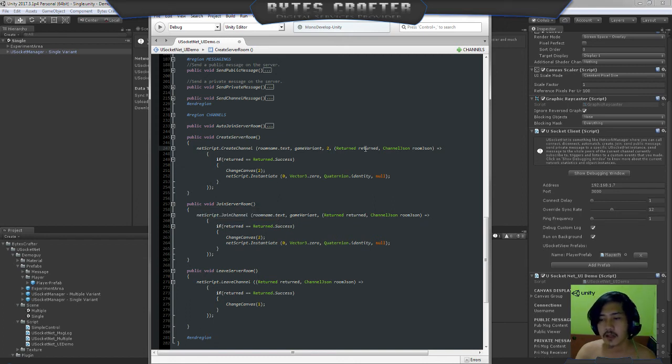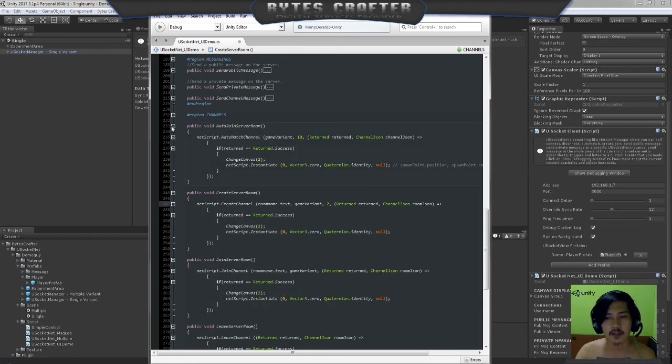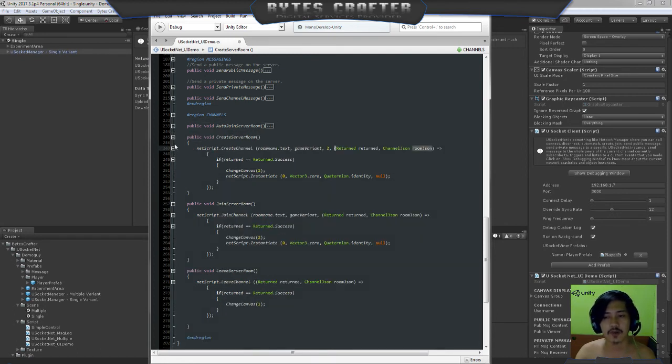So again, server callback is very important. You can listen if the current creation of channel was a success or not, an error or failed. And you can also listen for the channel JSON, same as the join server. Basically, it's creating a server room.